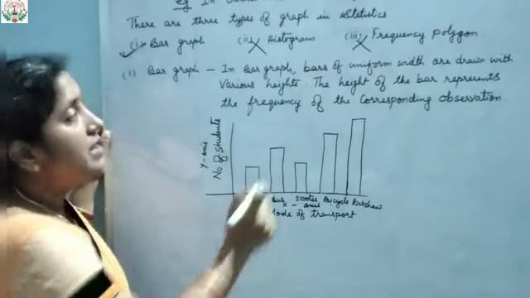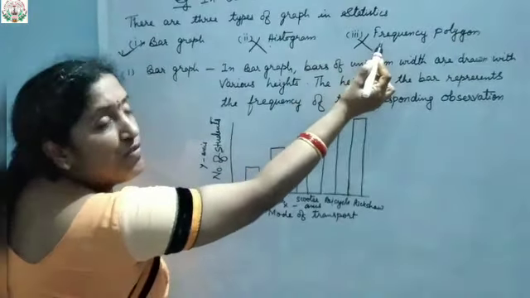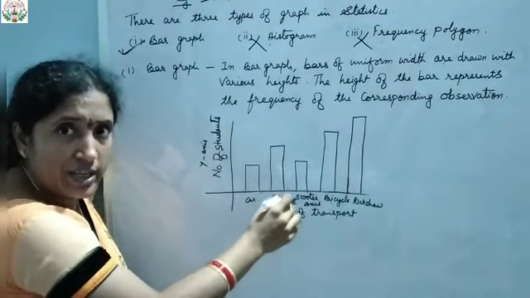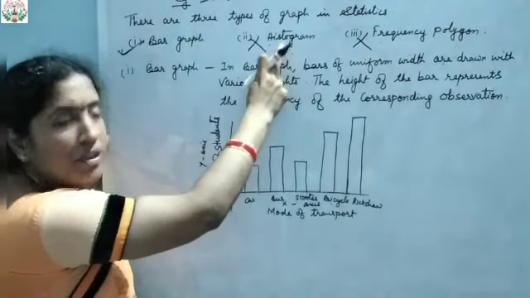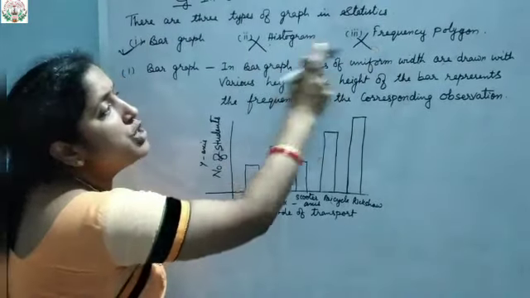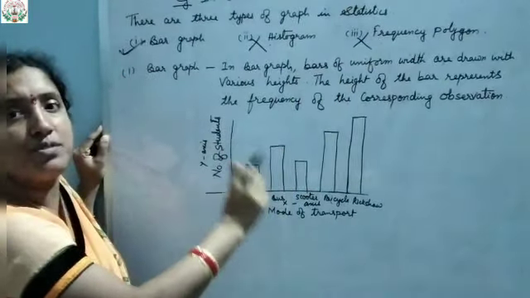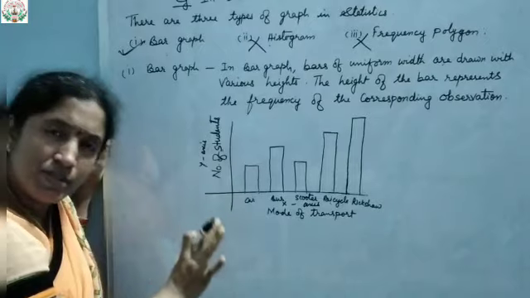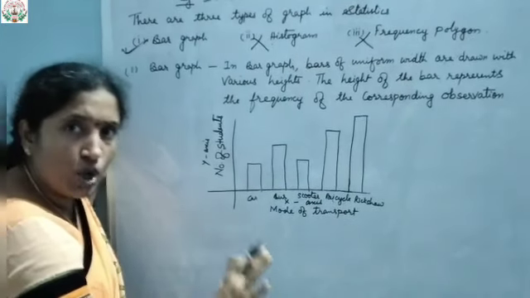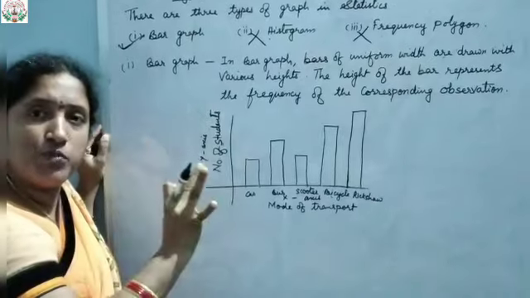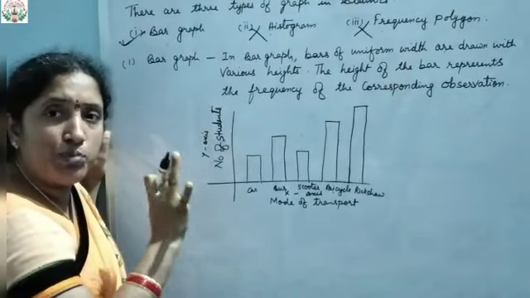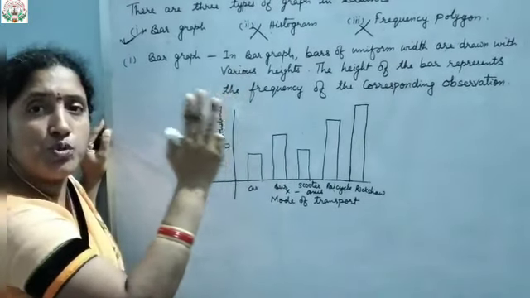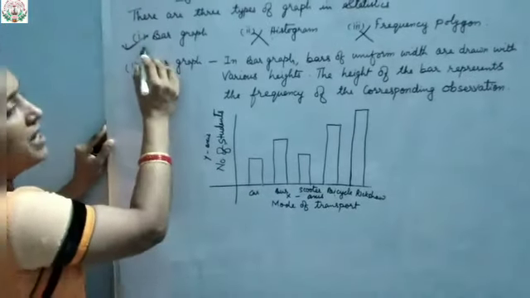Okay, is it clear? The histogram topic and frequency polygon topic from statistics exercise 14.3, questions based on histogram and frequency polygon, these two are eliminated from your syllabus. Means we will be solving questions based on bar graph only. That is why only three questions, exercise 14.3, first, second and third question, are based on bar graph.